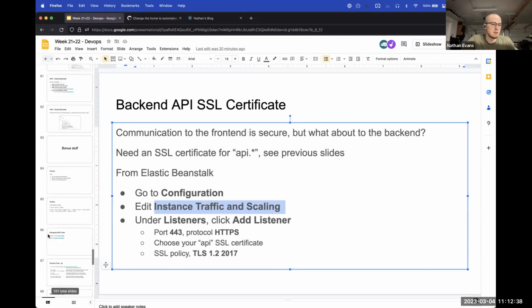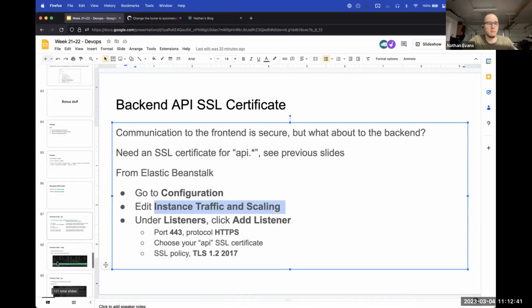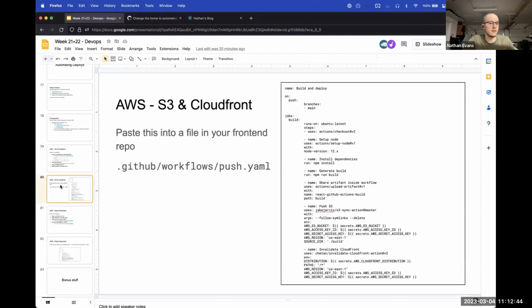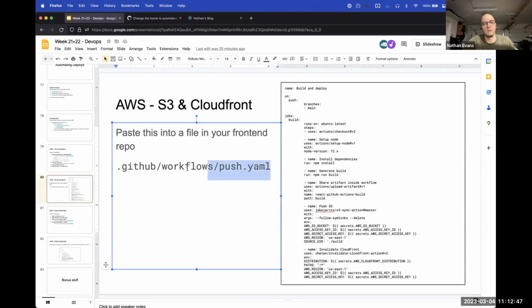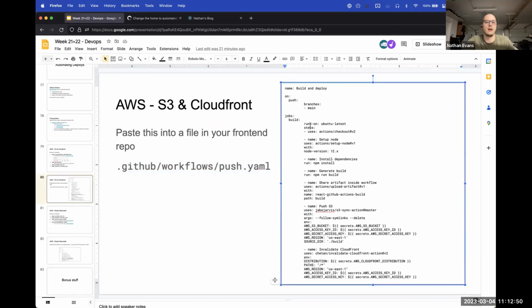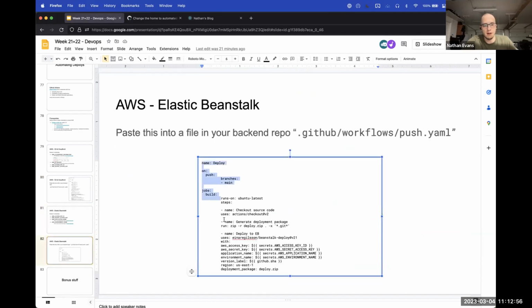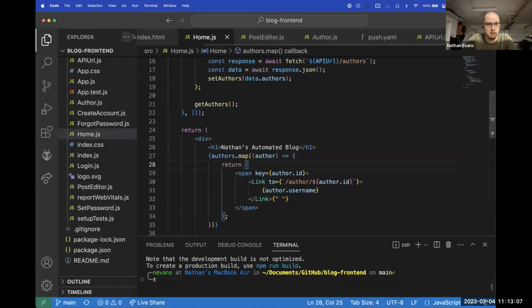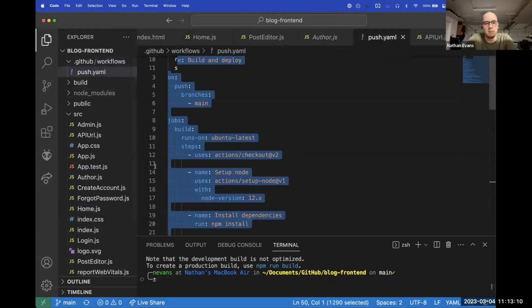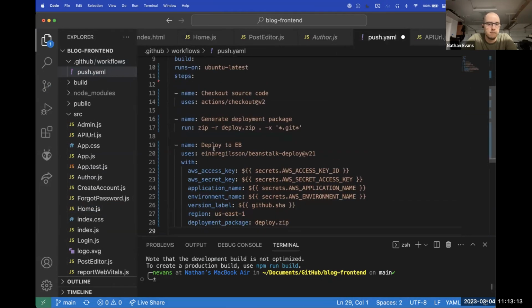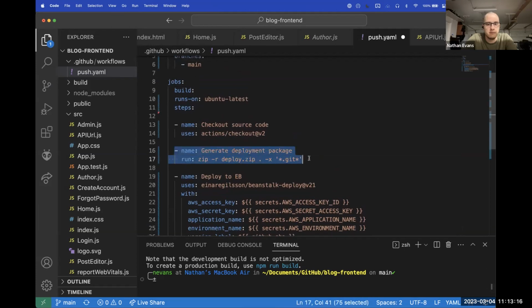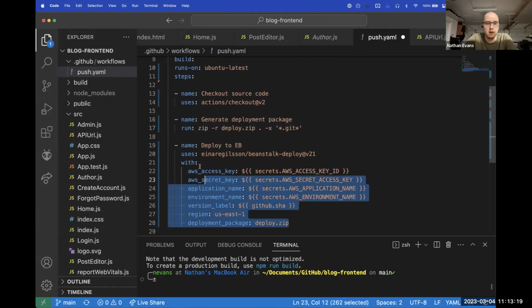It's the same thing for the back end. If we wanted to do the same thing for Beanstalk, it's very, very similar, where we would go to our backend repo, we would create another push.yaml. The Beanstalk one is a little bit simpler, because all we need to do is create a zip and upload it. We don't have to deal with two AWS products. All we have to do is create a push.yaml in our backend repo, paste this, and then here's what the code looks like. We would make a zip in GitHub Actions, and then we would upload all that stuff